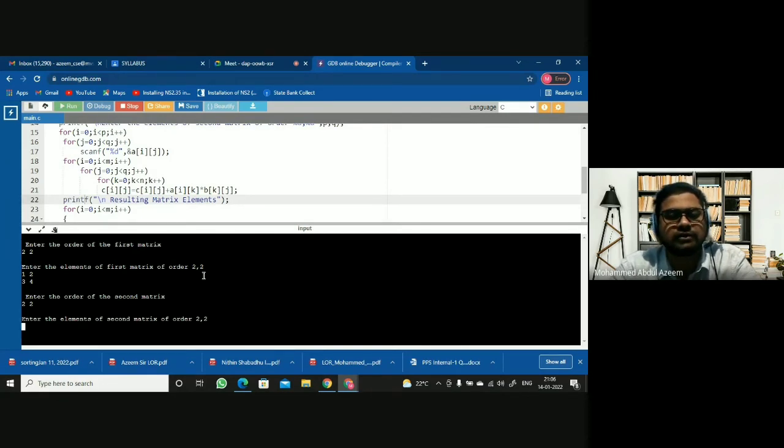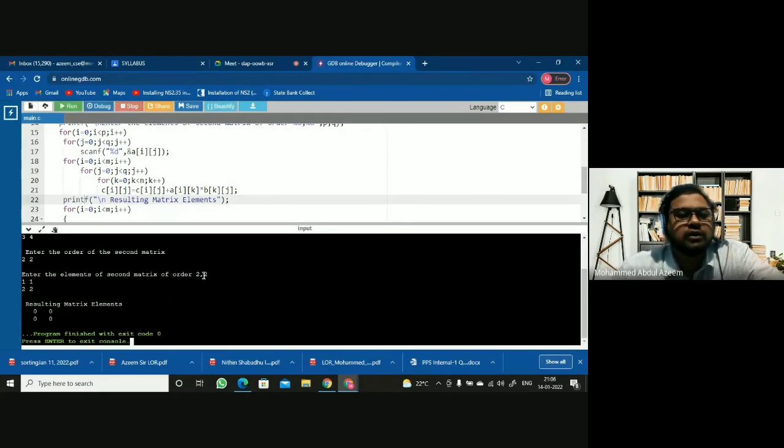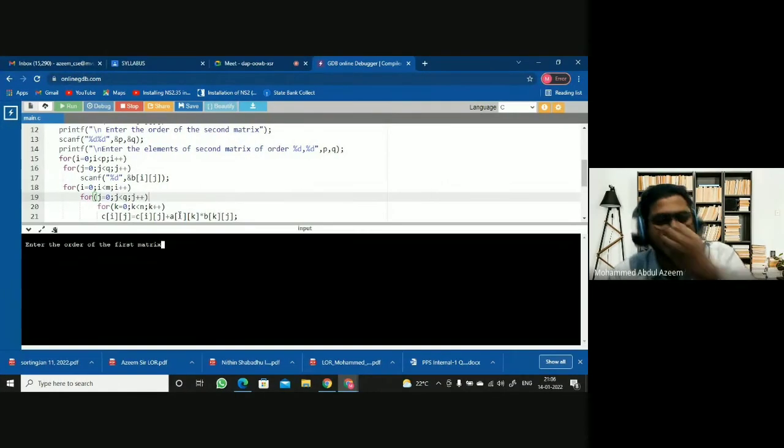I'm giving as 1 1 2 and 2. Okay, resulting matrix elements I got 0 here. Okay, let us check. Now again run the program.